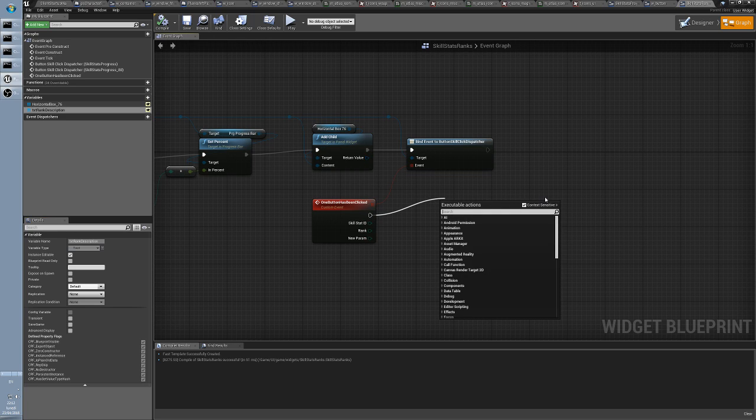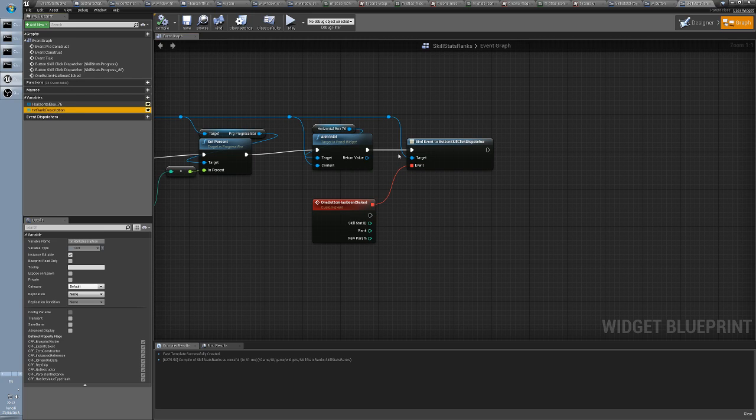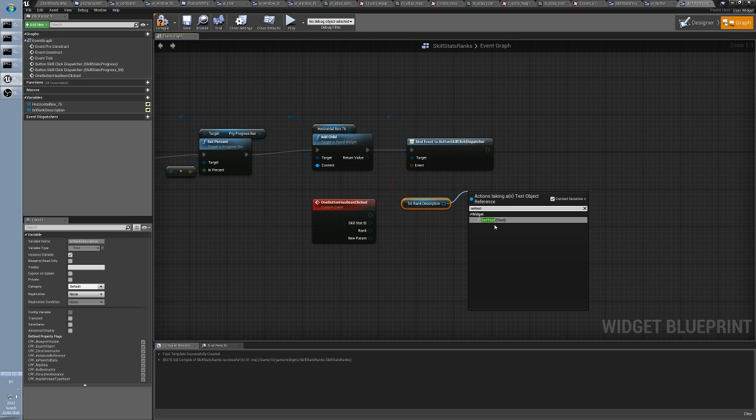So we go and we say get txt rank description. Why can I only set? No, wait a second, boys. I get and I set the text. Okay,